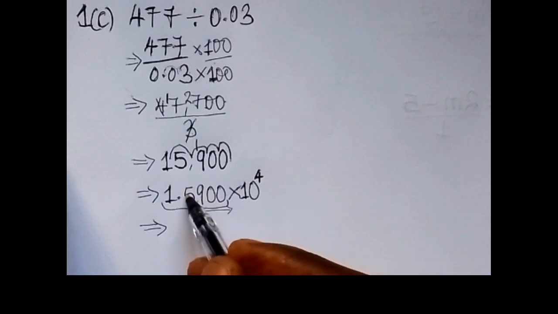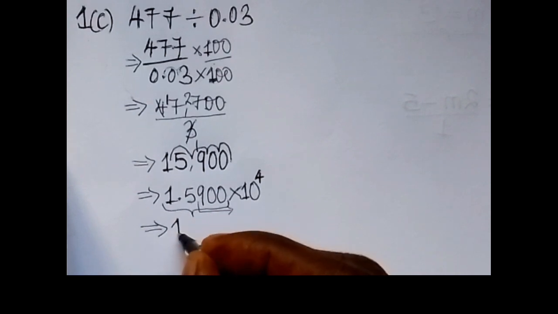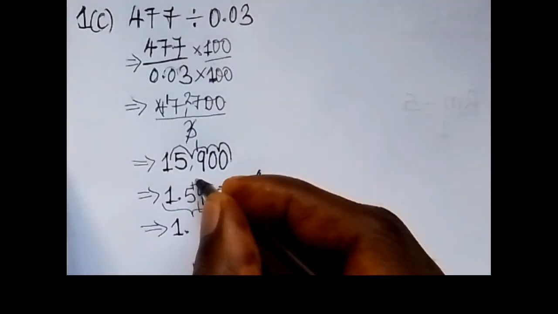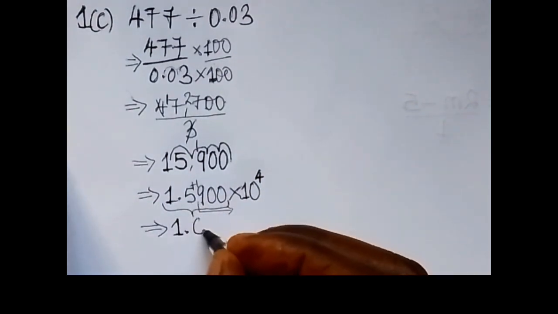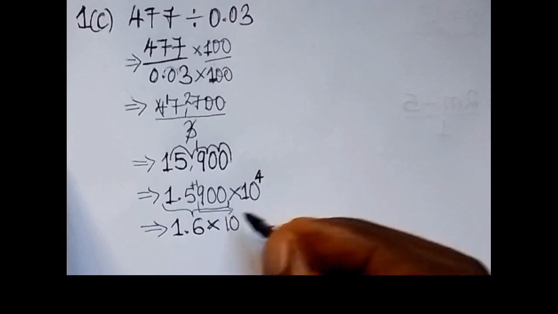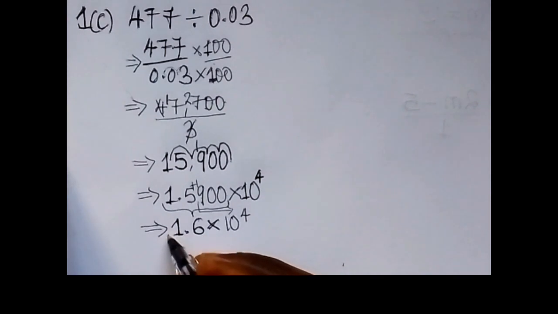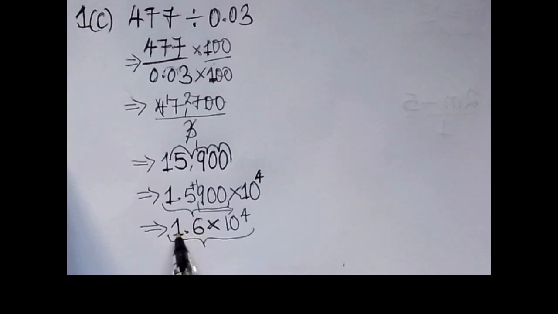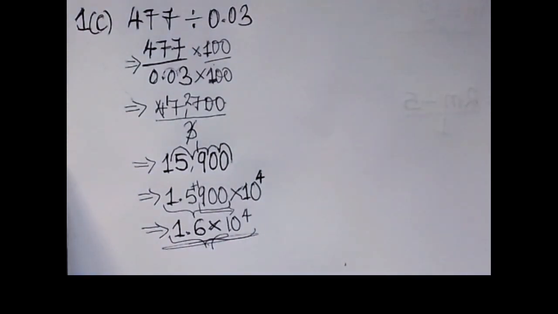So 9 is going to add a 1 to 5 here, and what we're just going to have is 1 point. So when you add the 1 to 5, because of dropping this 9, so meaning that this is going to be 6 times 10 to the power 4. And this is the standard form correct to 2 significant figures. So 1 and 6, that just means there we have 2 significant figures,